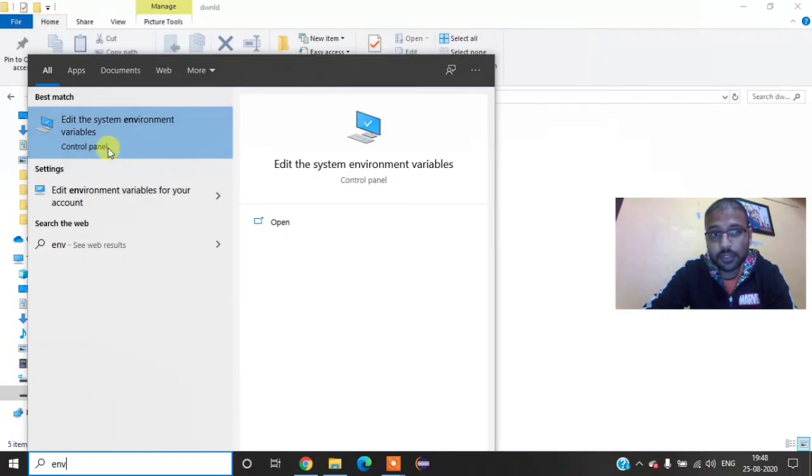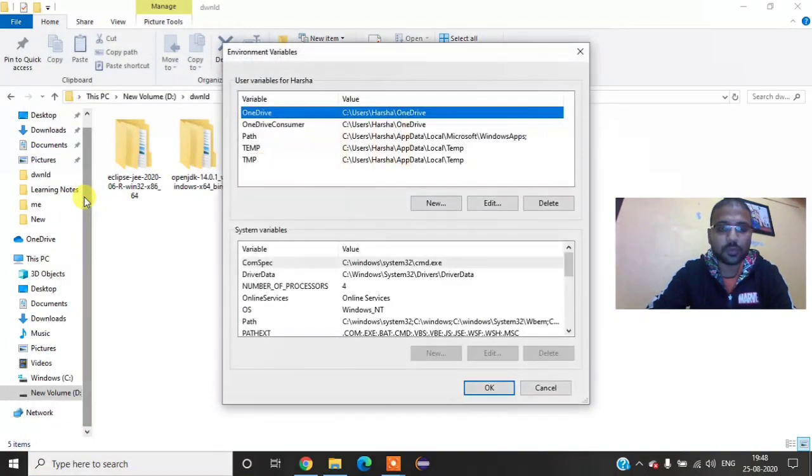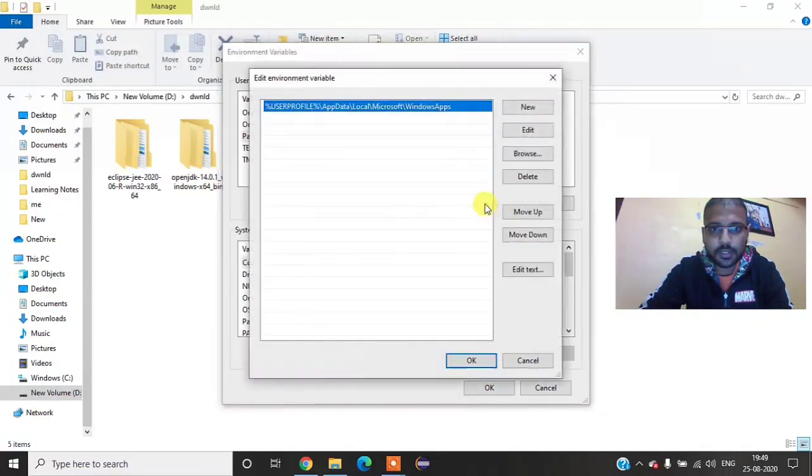Just keep an eye on this. Many people get confused here. There is edit the system variables, and edit environment variables for your account. You have to click on your account, because if you are working in your organization, you don't have access to this. So you have access only to this. So go to this, and here you have to go to Path, click on edit,